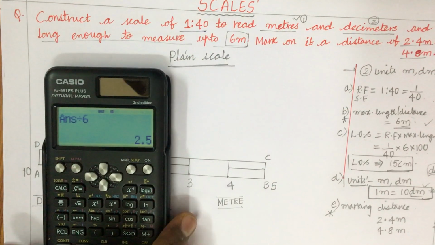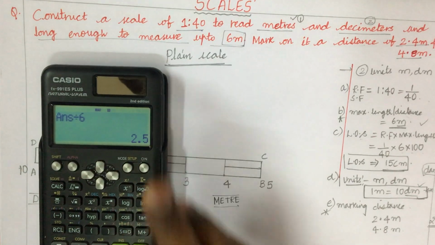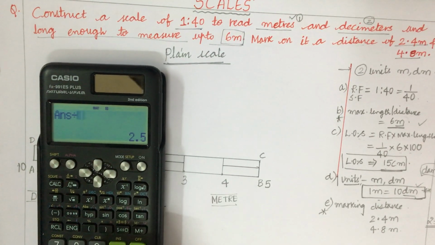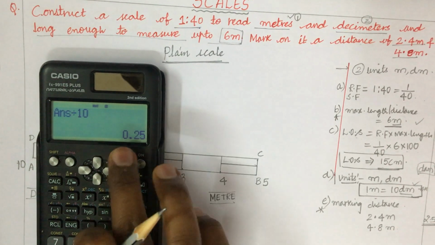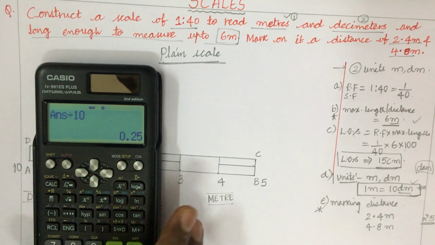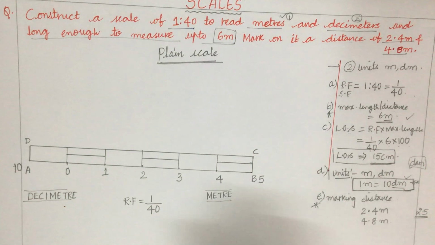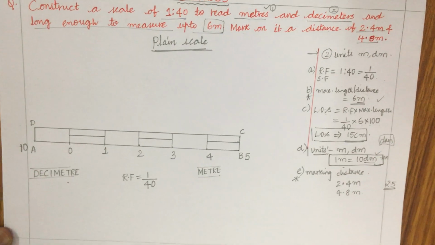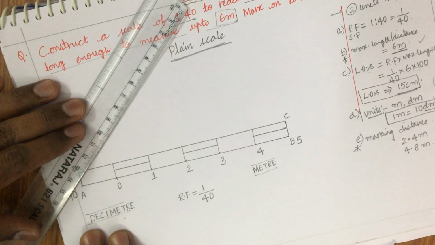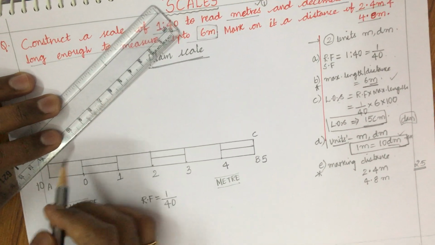So, each division is how much, dear students? 2.5. So, 2.5 needs to be divided into 10 divisions, that is nothing but 0.25. It is difficult for me to work out 0.25 on this. So, what I am going to do here is work out the division of a line method,